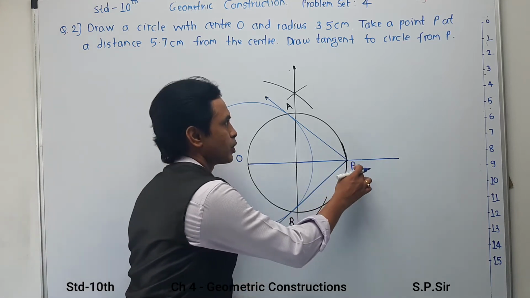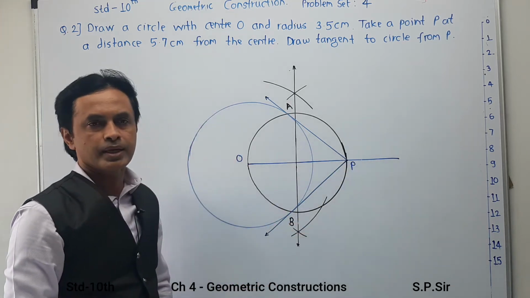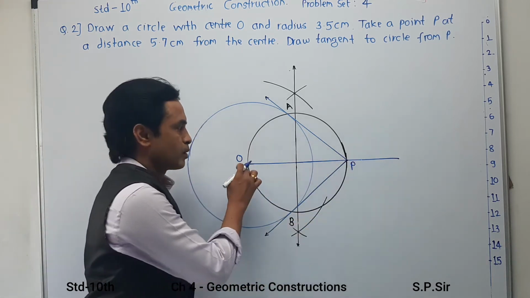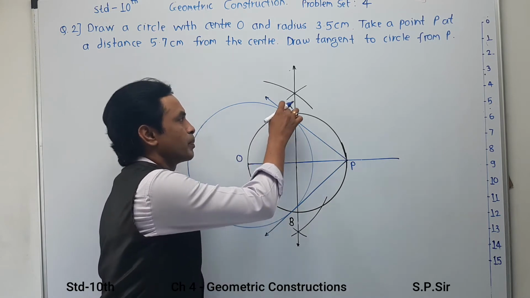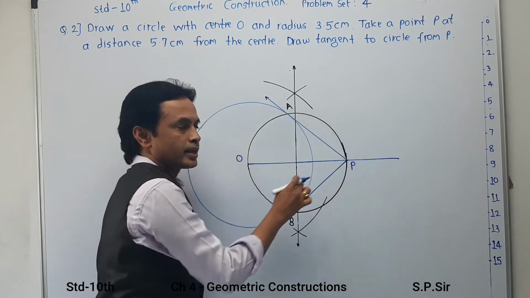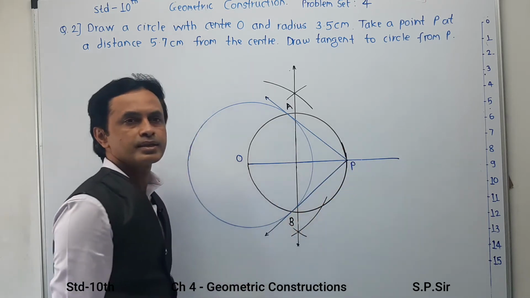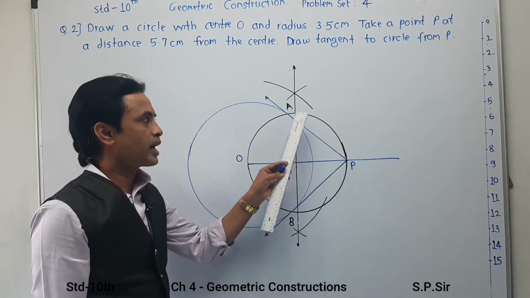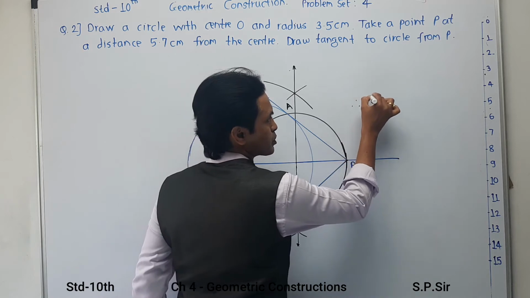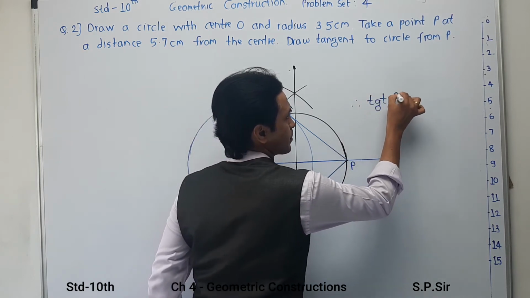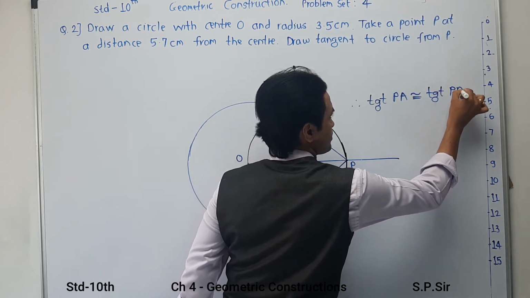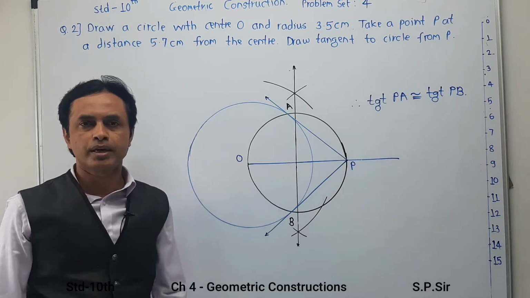In this case, your tangent PA is equal to tangent PB. Now how is that the reason? Remember, OP acts as a diameter. If I complete OA as a radius, then the angle OAP or OBP is formed on a diameter, naturally this angle is 90 degrees. That's why tangent PA and tangent PB are the two tangents to the circle, and definitely those are congruent. So you also write tangent PA is congruent to tangent PB, and in this way you can complete your construction.